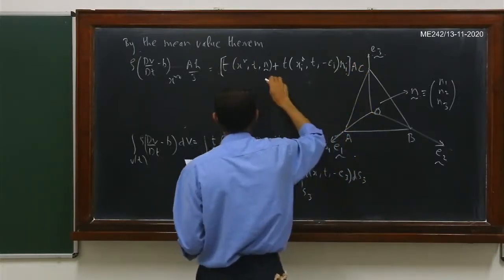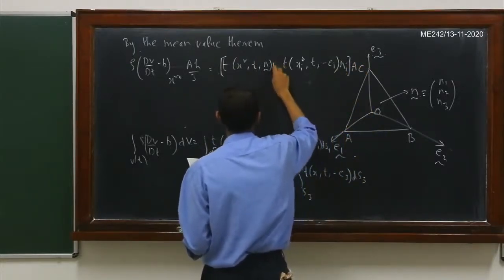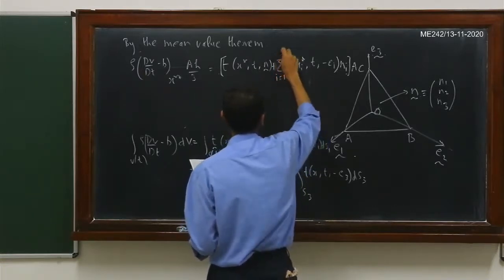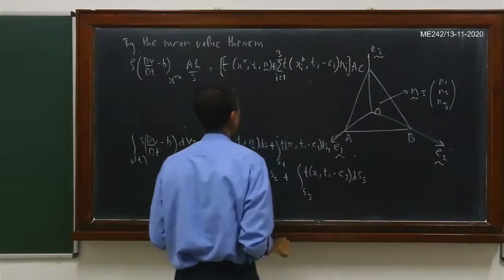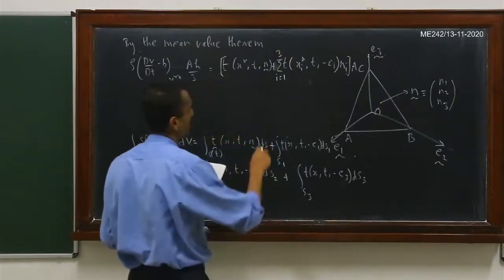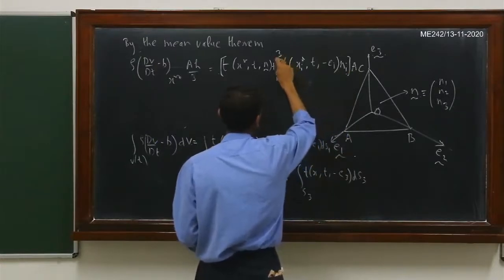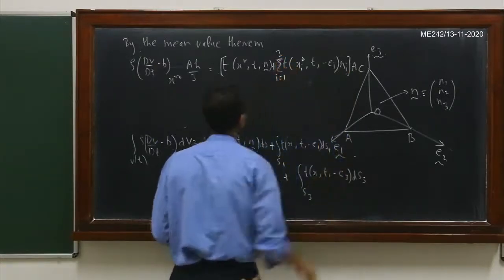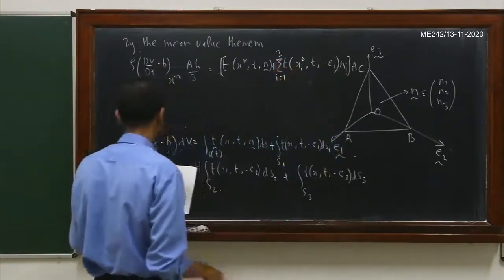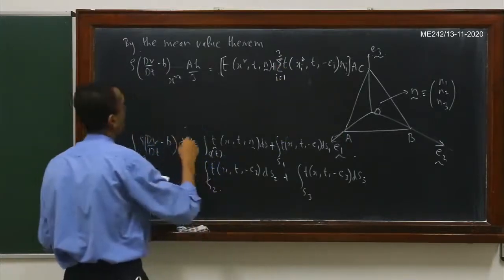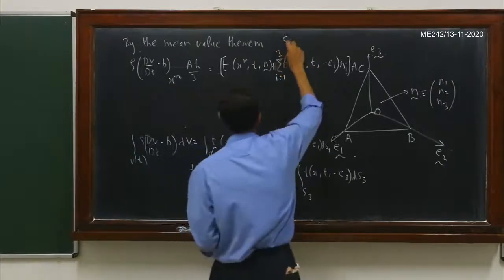Or if you want, actually let me just put a summation sign here. So this is i equal to 1, 2, 3. Yes, because this index i is occurring 3 times, let me put the summation sign explicitly here. Okay, now here what I have done is that I have used the fact that S1 is equal to,